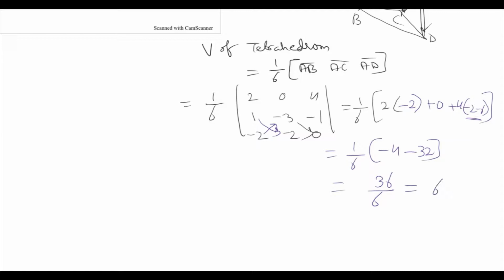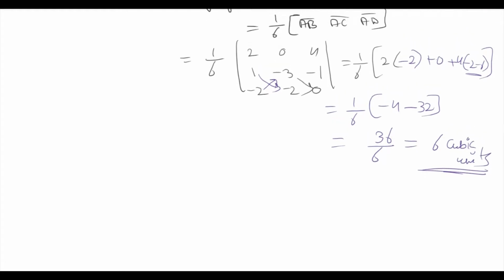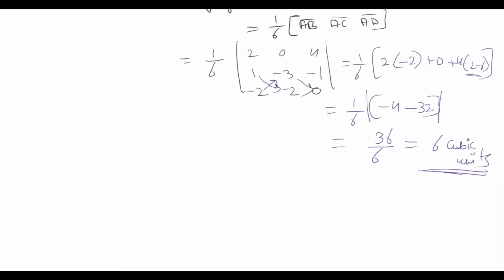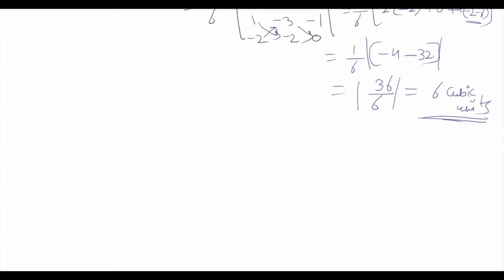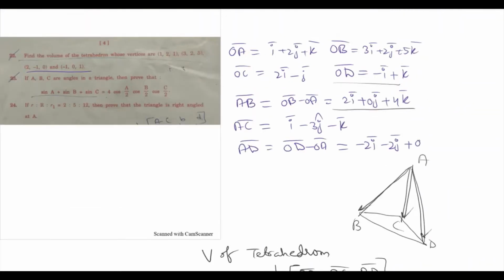That equals 6 units, 6 cubic units. So this is the volume of the tetrahedron, 6 cubic units. So next is